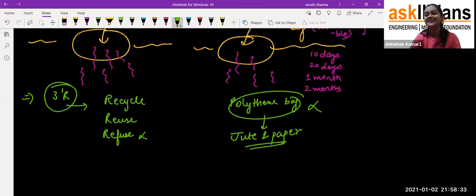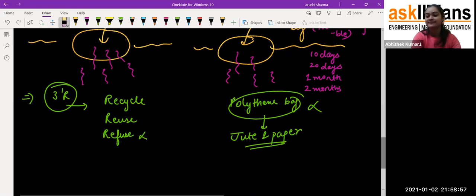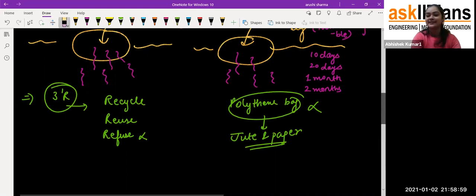But students or children might not find it cool, so that's how they are always used to running behind plastic bottles or plastic lunch boxes. So there is a very important need to decrease the usage of plastic, because it is not decomposable in nature. I hope my students will do this for their environment.